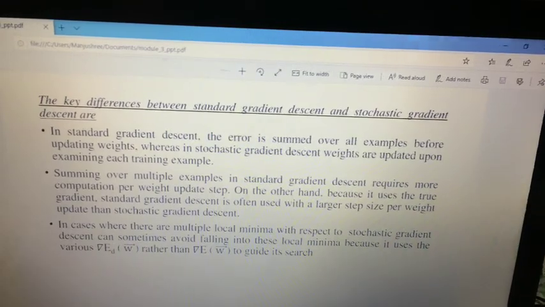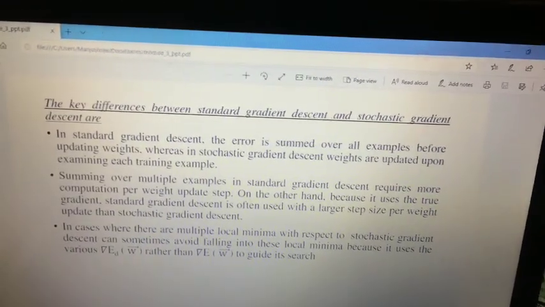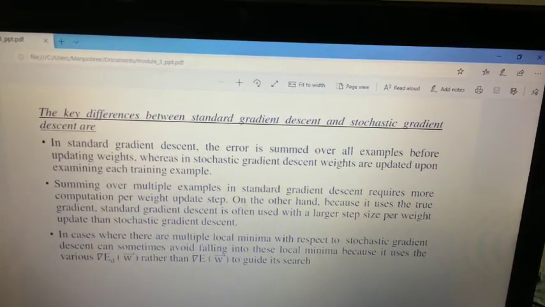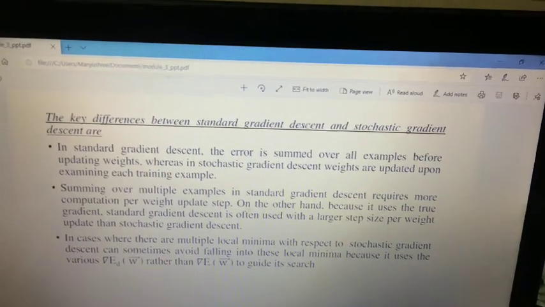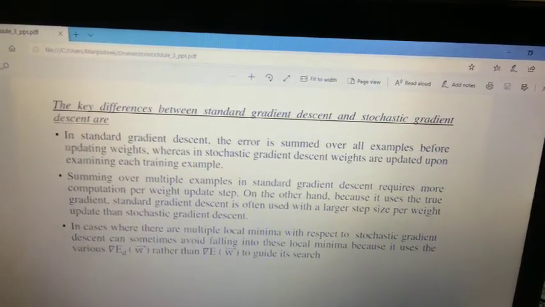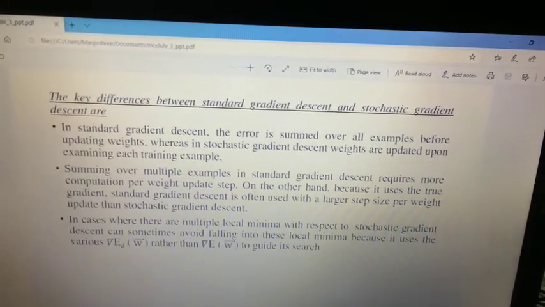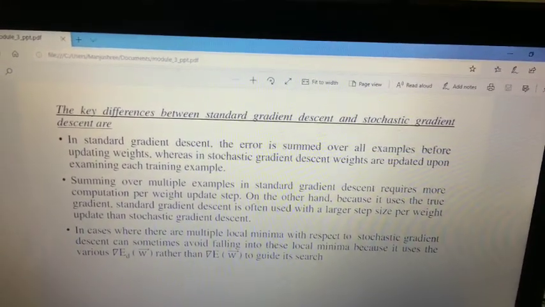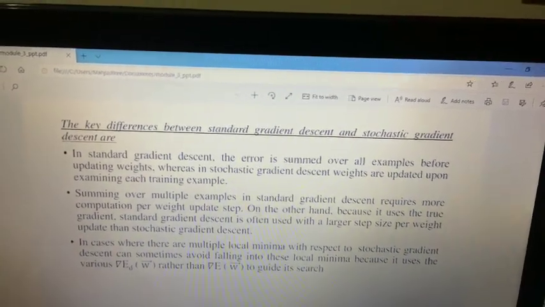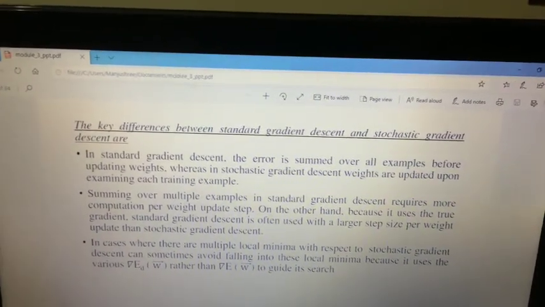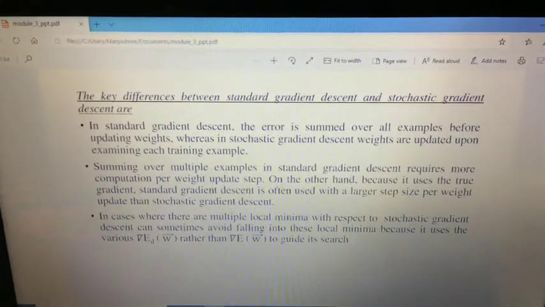So the first difference is about the sum of the squared errors versus only one error. The second difference is about computation time: standard gradient descent takes more, whereas stochastic gradient descent takes less. Let's see the third point.